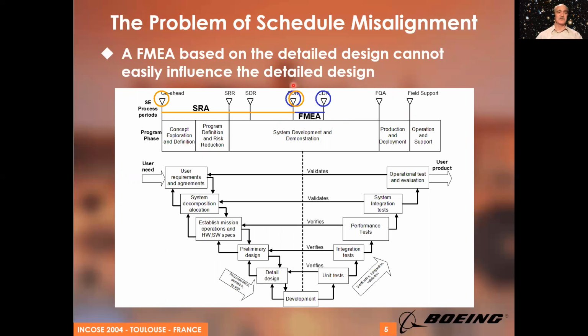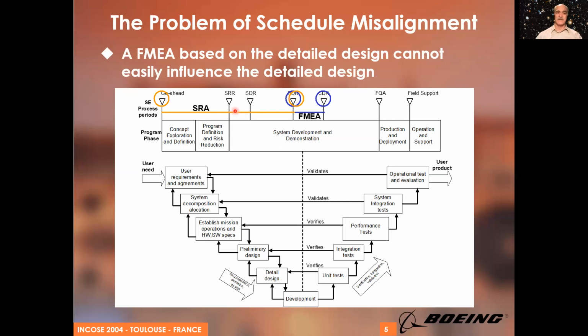And there's almost no overlap, so that anything we discover in the failure modes and effects analysis for which we want to force requirements, that is motivate a design, and be sure that the system actually implements it, then we're now into rework. So the question is,